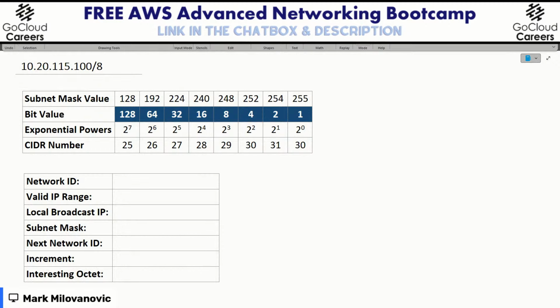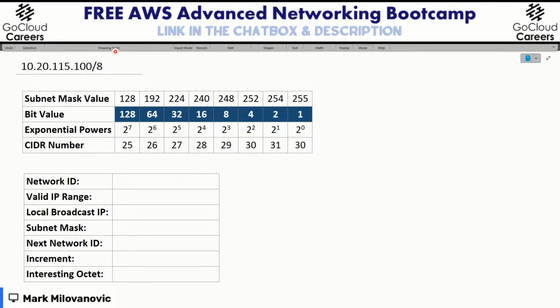And I'm going to explain a little bit what I did here, just so that we have a reference point. We generally call this our little cheat sheet when it comes to subnetting, where we have the subnet values, which are derived by us turning on the bits and then adding them just like we did before when we did the actual binary to decimal conversion. That's what this top part is. And then what you all already have been familiar with and you've written down on your own piece of paper is the actual decimal value per column, right? So 1 would equal 2 to the 0 power, 2 equals 2 to the first power, and so forth.